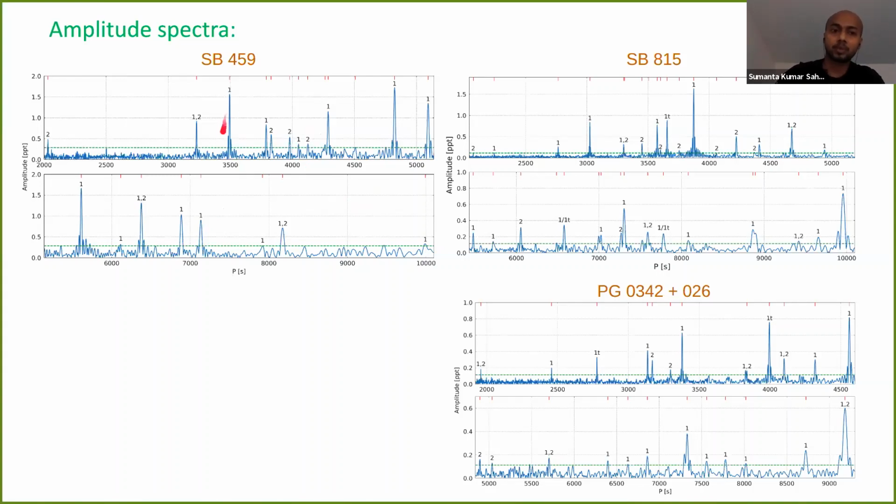For a few of the targets, we can see here this peak is satisfying both the sequences of L equal to 1 and L equal to 2. So we assign them either L equal to 1 or 2, which in future modeling we can surely determine. For the targets SB815 and PG0342,